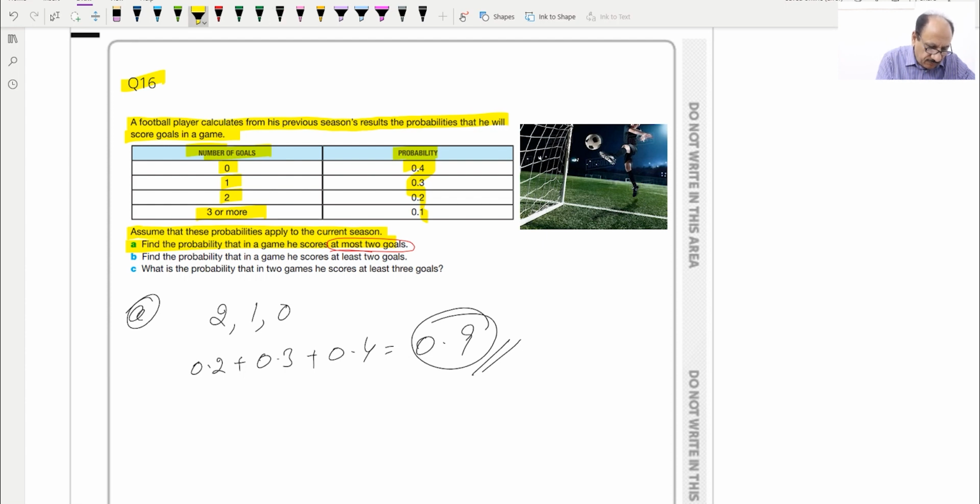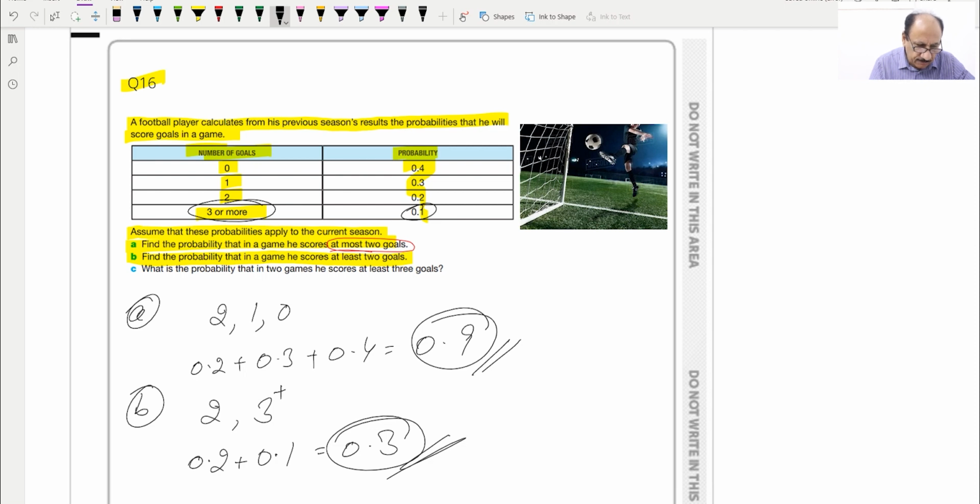Now for B part, find the probability that in a game he scores at least 2 goals. So at least means it should be more than 2 goals or 2 goals. So we will be doing B part. What are the options? It is 2 goals or 3 plus goals, 3 or more than 3. The probability is 0.1, and for 2 it is probability 0.2. So we can write 0.2 plus 0.1, and this will be equal to 0.3. This will be the probability for scoring